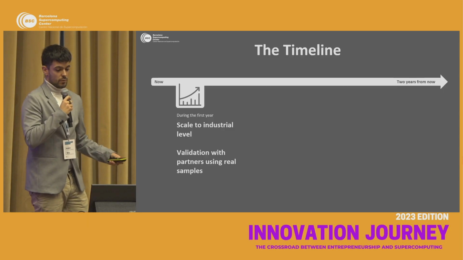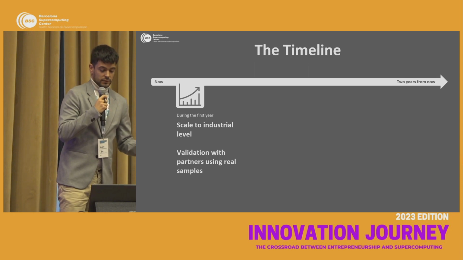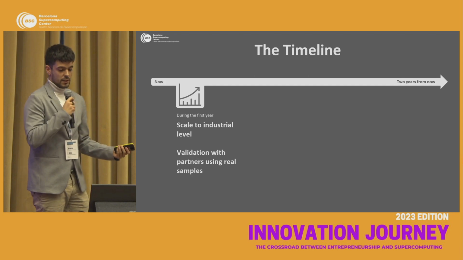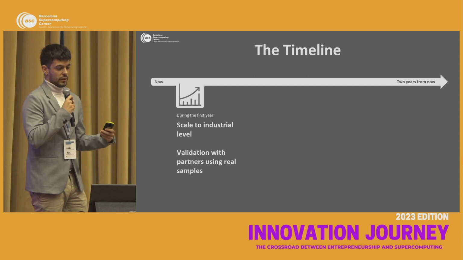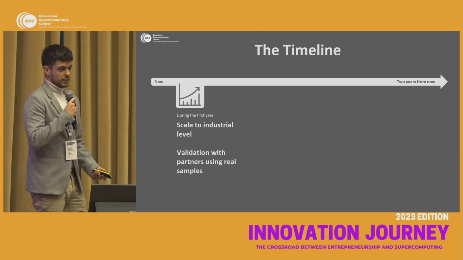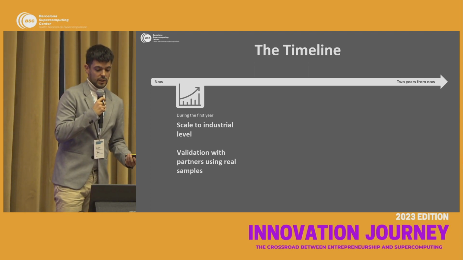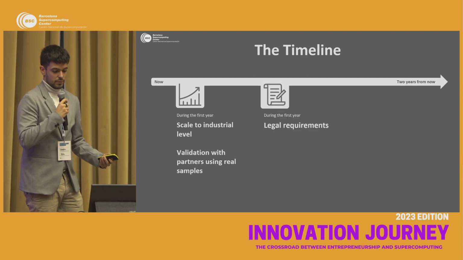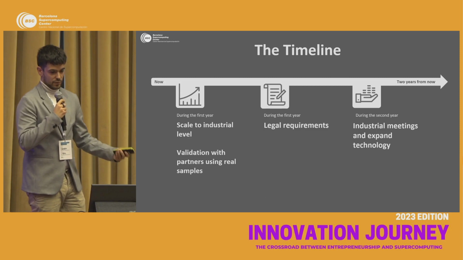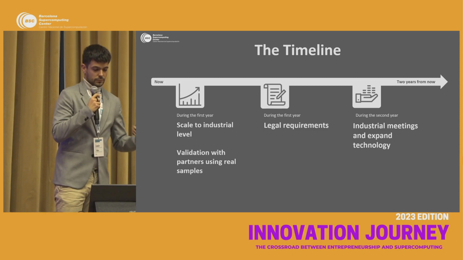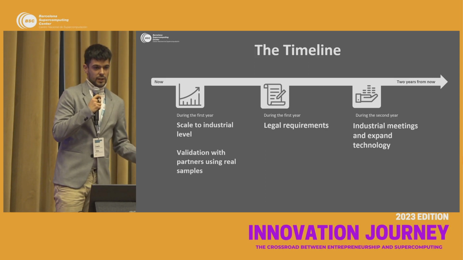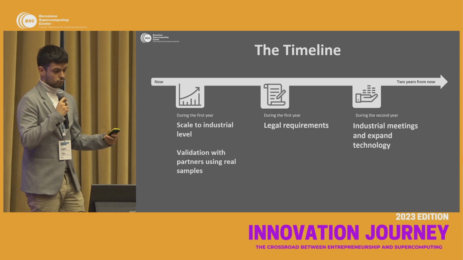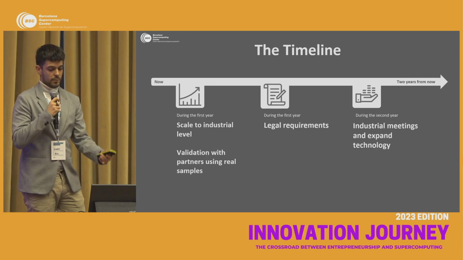From now on, during the next year, the first steps would be to scale the production of our selected enzymes to an industrial level, validating them with real samples from our possible partners, such as, for example, Aigües de Barcelona. And also to assess legal requirements that could arise during the process. During the second year, the plan is to start meeting with industries like water treatment companies, but also the government to see how can we expand our technology and adapt it to the specific